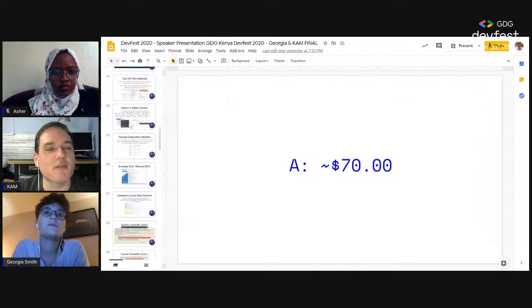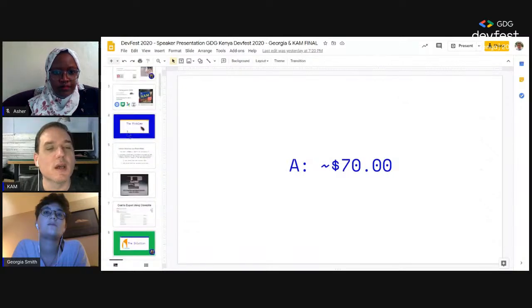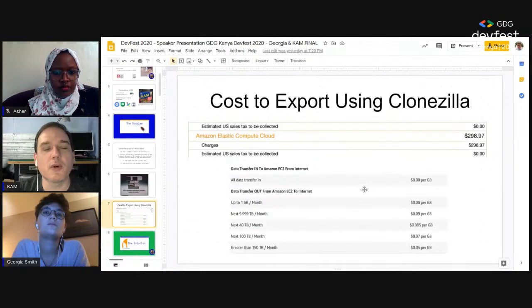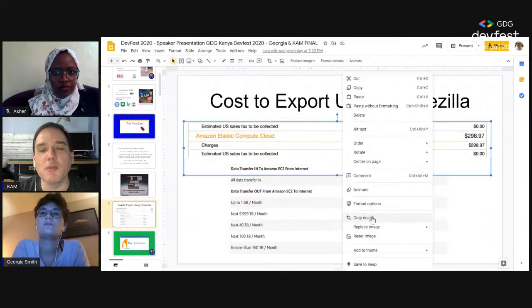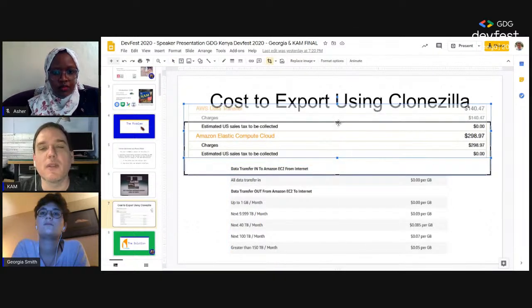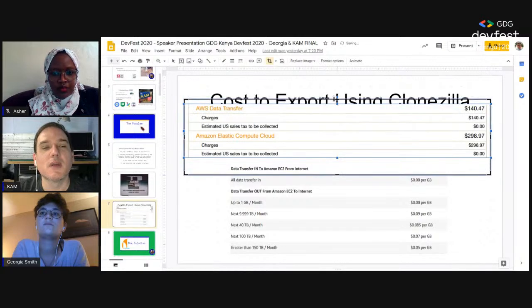So let's go up and see if we can fix that right now. So we have the cost to export. Somehow I think we messed up the crop on this. So we'll go ahead and fix that. Yep. So if you see there, it was